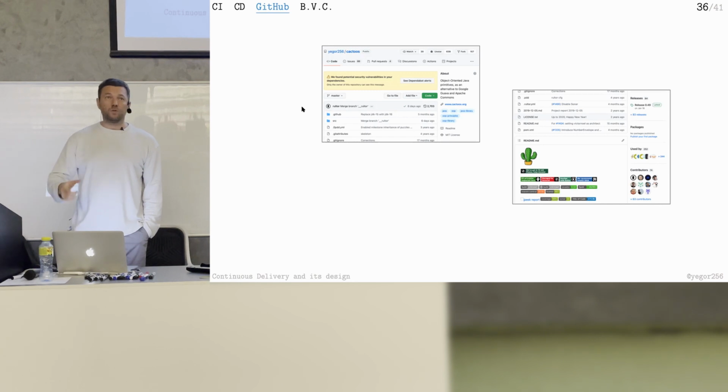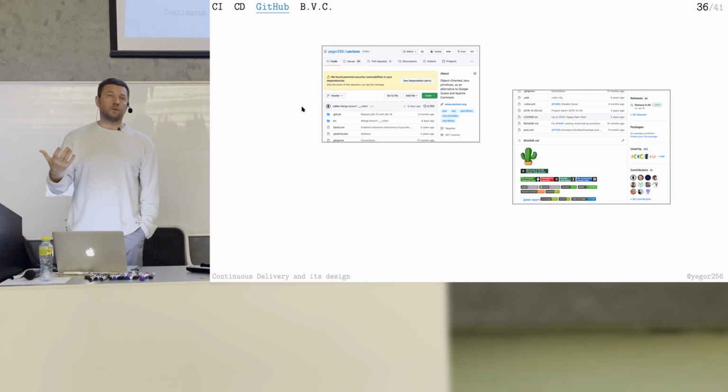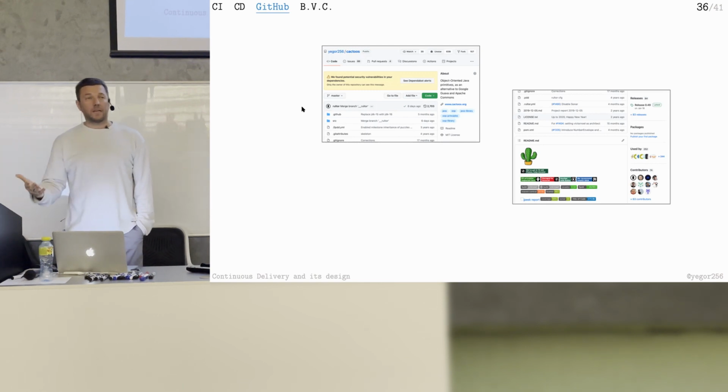You go to the issues, you click the button, create a new issue, explain what you're trying to do, and then everything you do in your Git commits, you mention the name of the issue with the hash sign in front of your text. So every time you do git commit, in the comments you say hash and then the number of the issue. GitHub will link your commit to the issue and you will see how you track your changes.